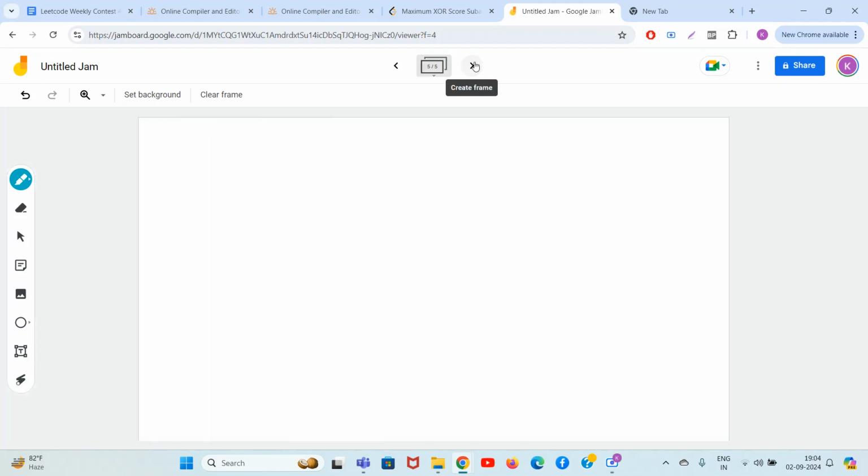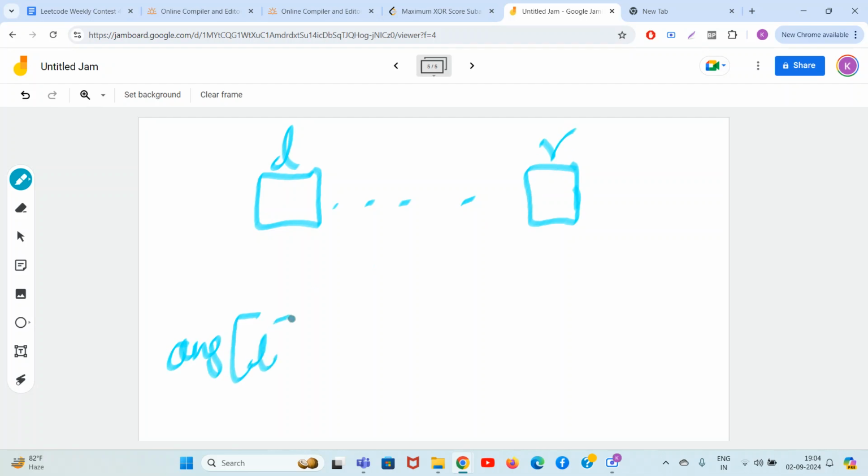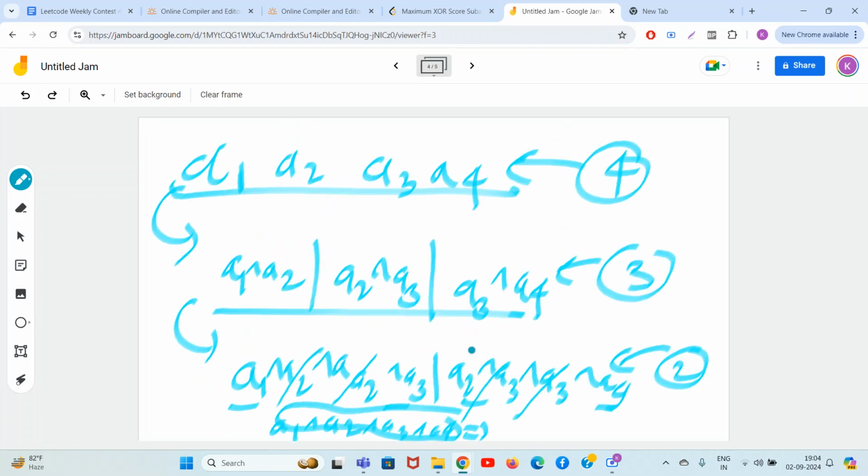What I want is that I give you some L and some R. Tell me the answer for L to R in just one operation. Can you do that? In O(1), you should be able to tell me the answer for L to R. Well, we can do that. If you observe carefully,